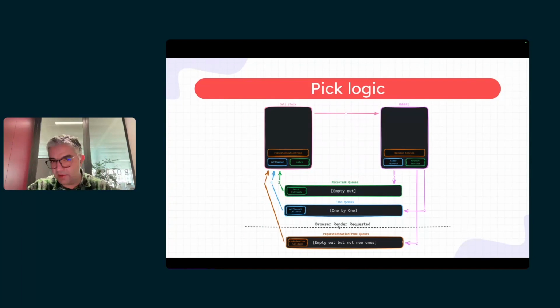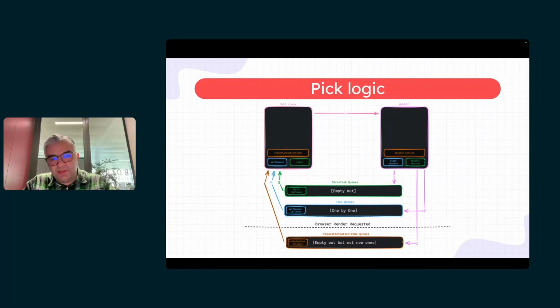In terms of priority, I can't put requestAnimationFrame on top of these or below, so I put a dotted line here. Why? Because requestAnimationFrame runs whenever a browser render is requested. In our applications we have some CSS, animations, and even mouse movements might cause repainting in the browser.